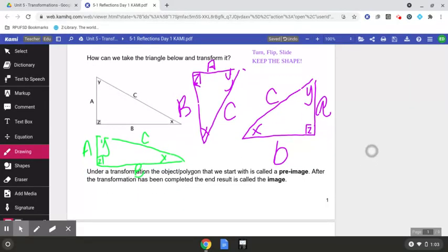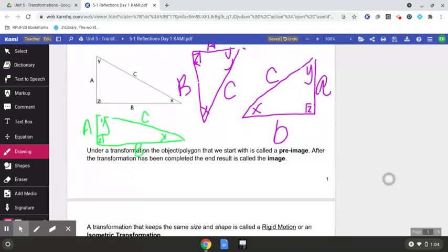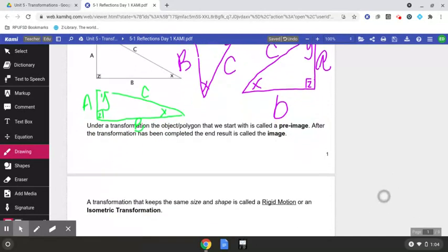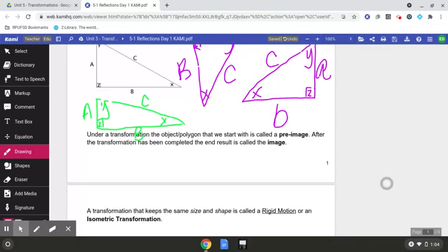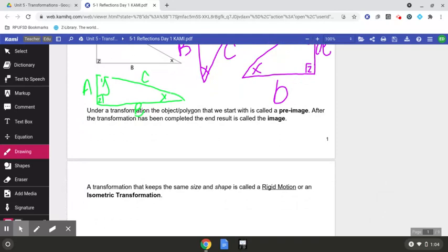So basically, under a transformation, the object or polygon that we started with is called our pre-image, our starting image, right? Anything after that, the transformation, is just called the image. It's the new image that we're making. So a transformation, basically, the way we can write it, so our pre-image,